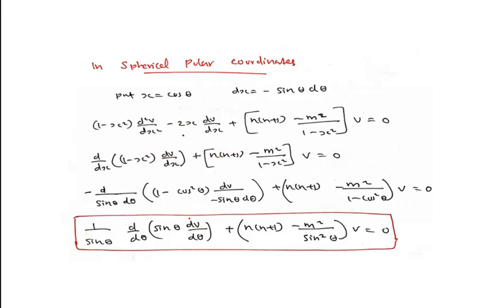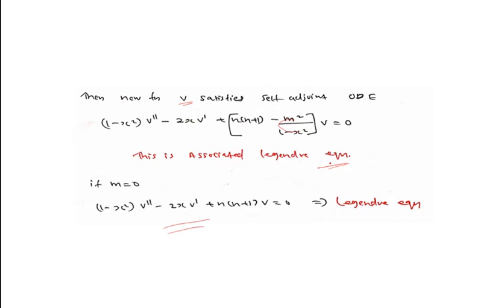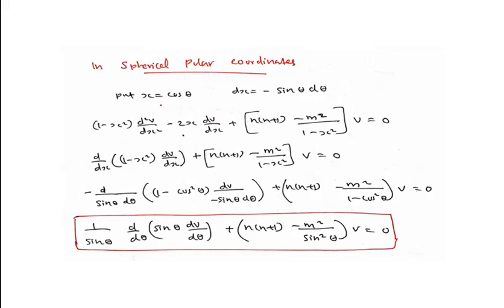Now in spherical polar coordinates, what is the form of the associate Legendre equation? So we are rewriting this equation in the spherical polar coordinate system. So our substitution is x is equal to cos theta, then dx will be equal to minus sin theta d theta, and this is the equation. We have just rewritten the equation in this form. Okay, then here we must substitute, because only this way can I substitute. Now we have to substitute for x, so substitute for dx as well. Okay, and if you substitute those things, the equation is just written like this, then I am substituting for